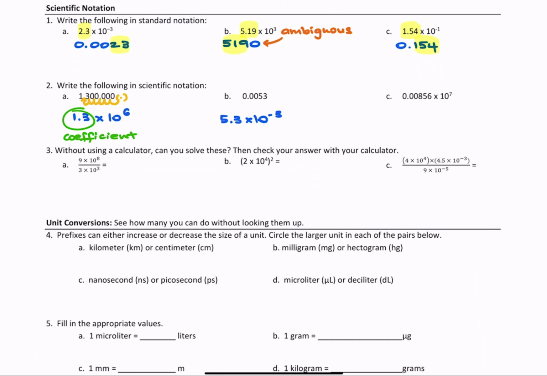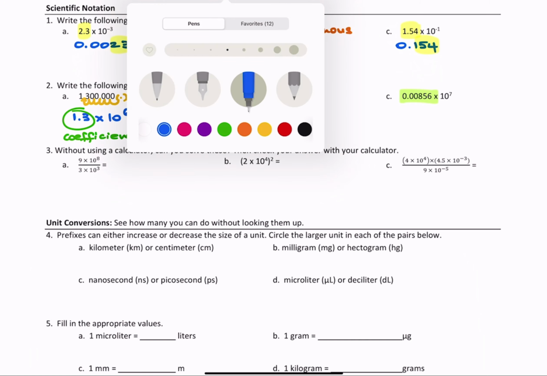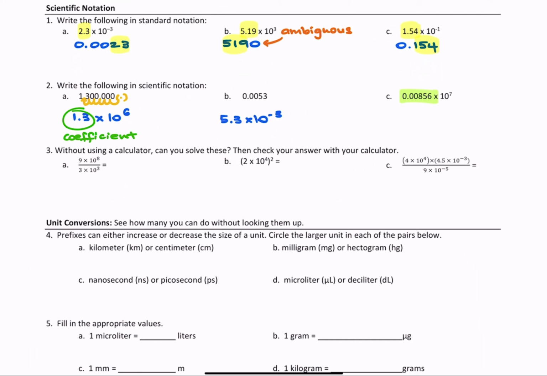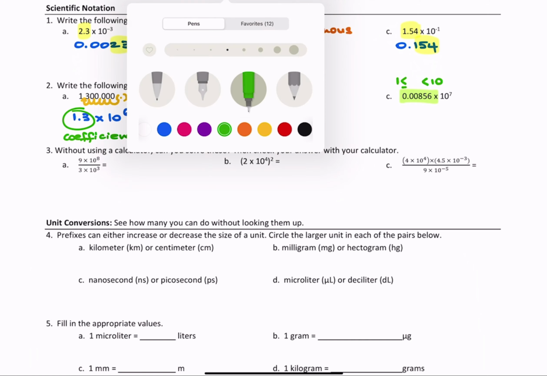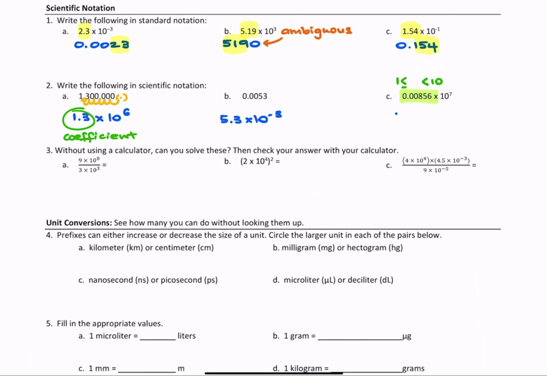C, so why does C have to be converted into scientific notation? It's because the coefficient here is not a coefficient, okay? Remember that your coefficient needs to be greater than or equal to 1, but less than 10. And this is not the case right there. This number is less than 1. Therefore, we're going to convert this number into scientific notation. And this number in scientific notation will be